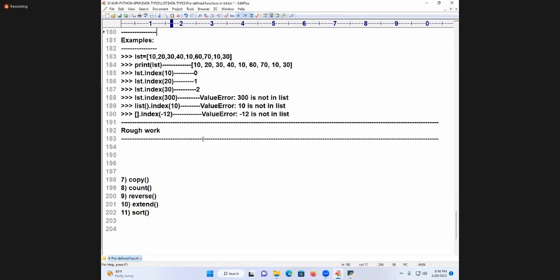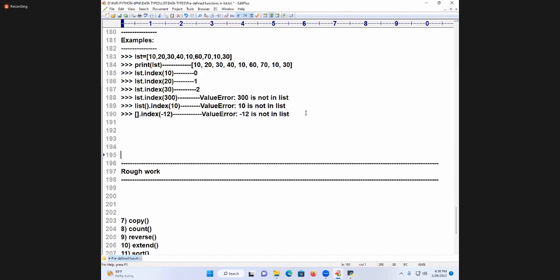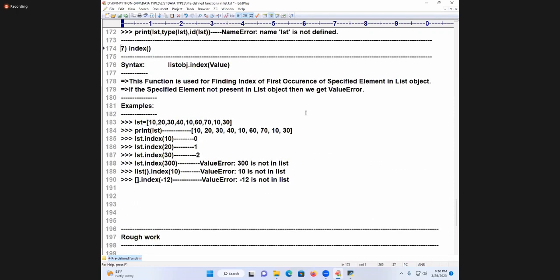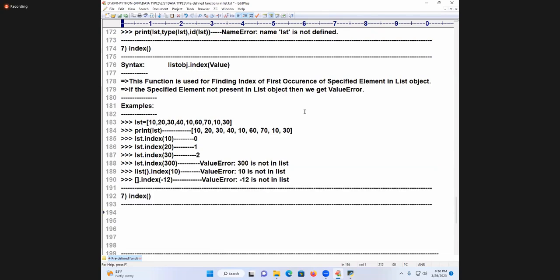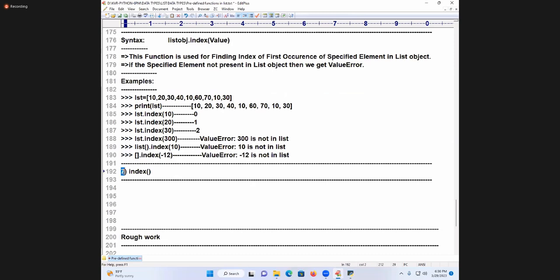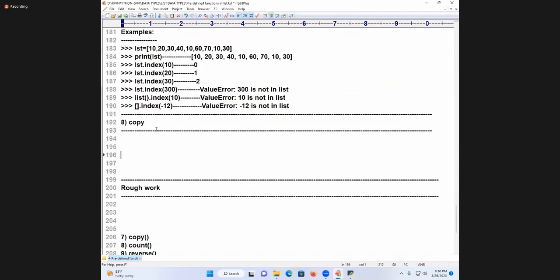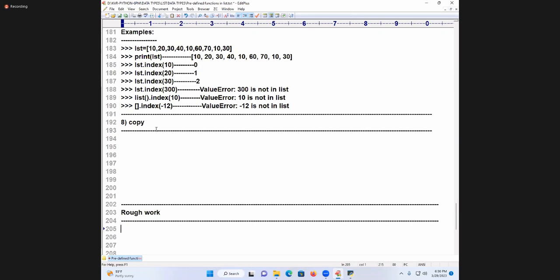Now I'll go to the next most important technique, students. What is the next part? Copy. Let me go to the next function called the copy function. What is the function name? Copy. So you can easily answer my question. What is the use of copy function? Come on. What is the use of copy function? Copy,